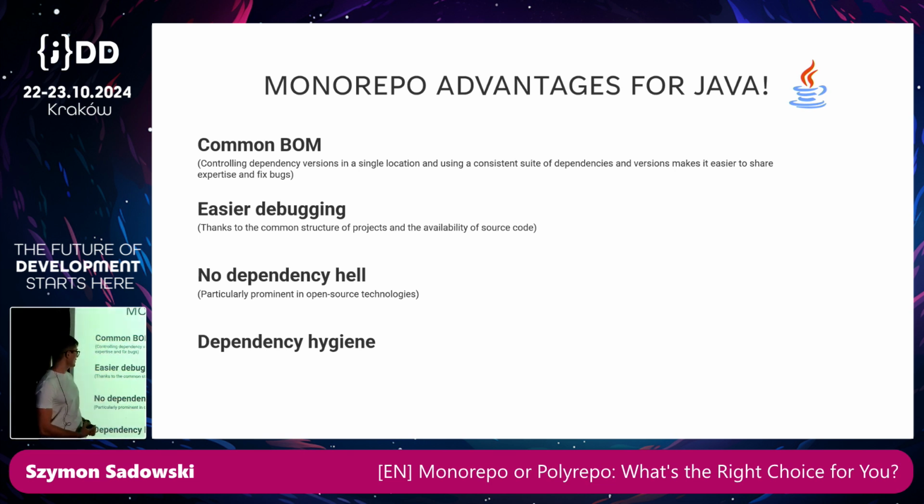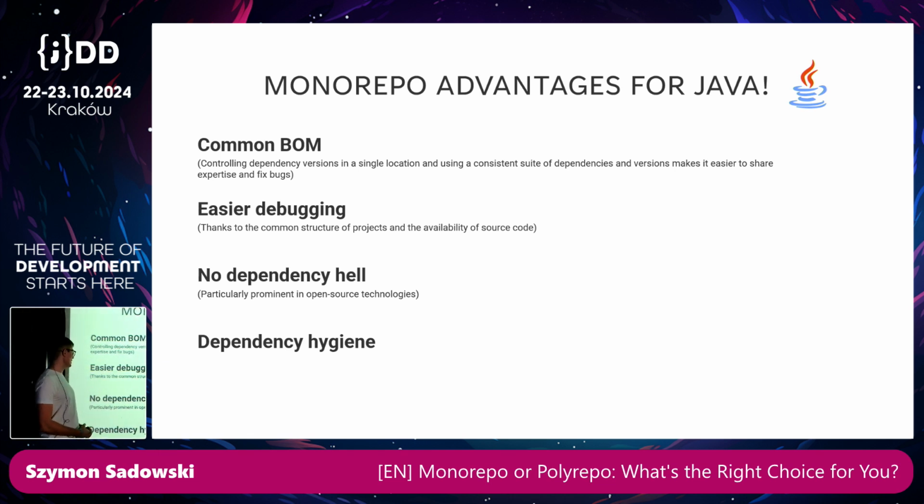Easier debugging. I benefited from this a lot during the Spring Boot upgrade that I mentioned, because if there was any problem after bumping the version of Spring Boot in one project, I already knew how to debug everything, how to run acceptance tests, how to run unit tests. I already knew all of that, so it allowed me to quickly debug issues. Whereas if it was in separate repositories, with separate processes and separate standards, it would be a mess to find out how to run tests and things like that.